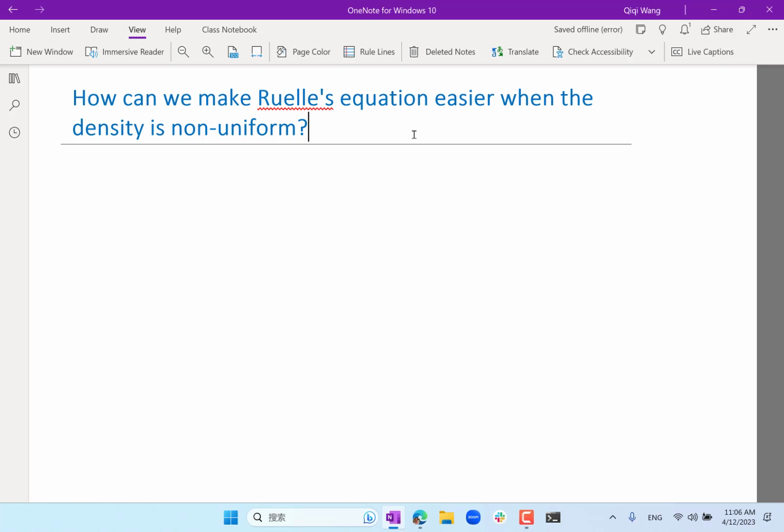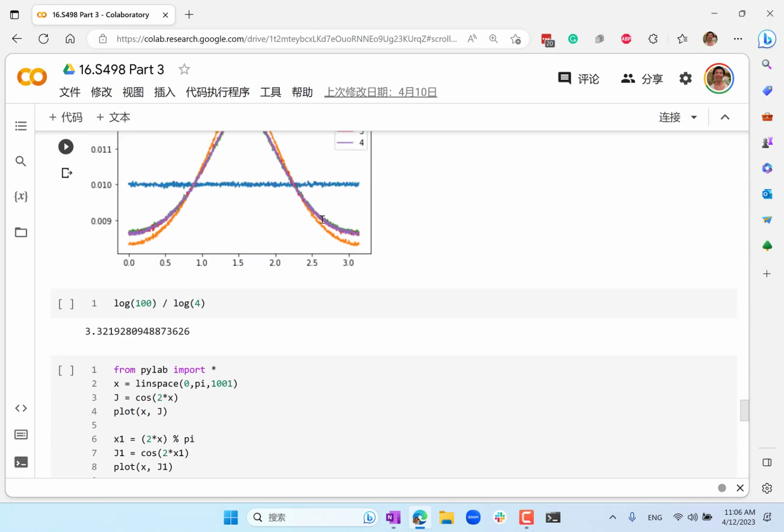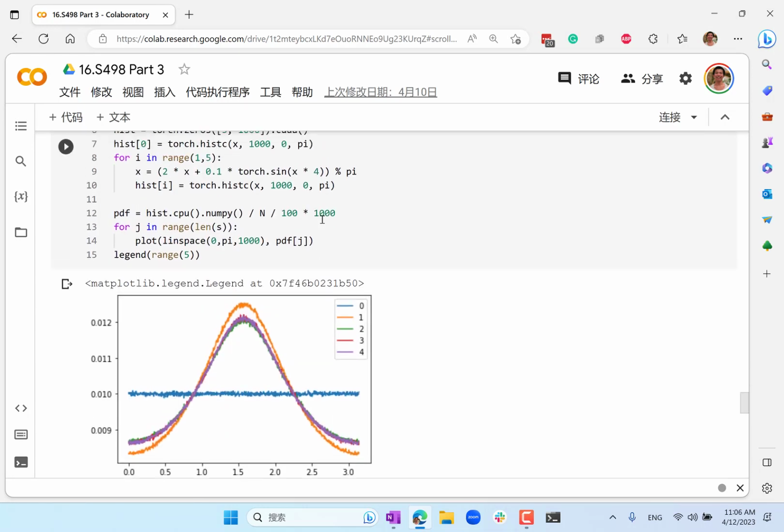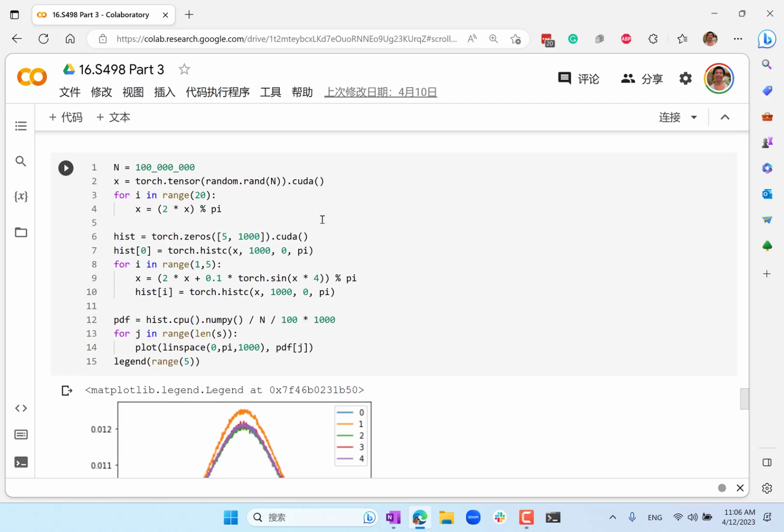So today, this is probably one of the most difficult lectures to understand. But after this lecture, I think things are going to go easier. Today we're going to discuss the case of non-uniform density. How do we make Wells equation easier to integrate when we cannot assume that the density is uniform? So let's first take a look at what happens. What exactly is the density going to look like when the equilibrium measure is non-uniform, right? Okay, so for example,